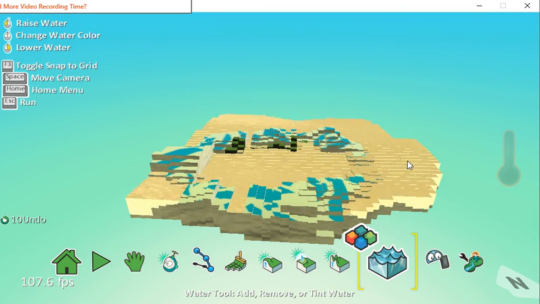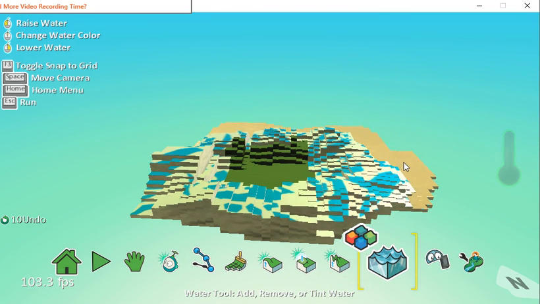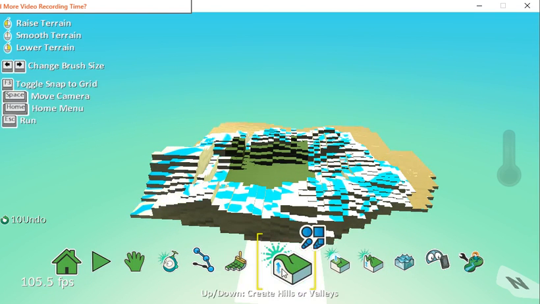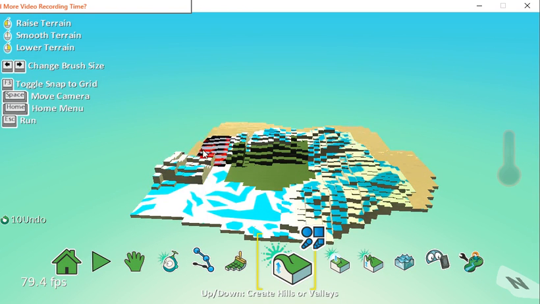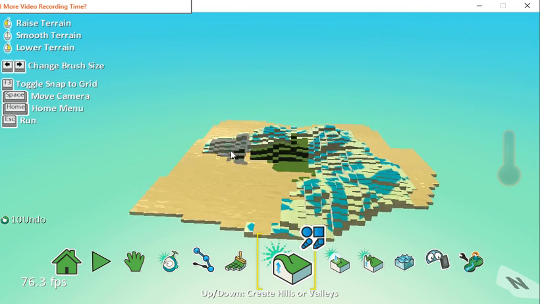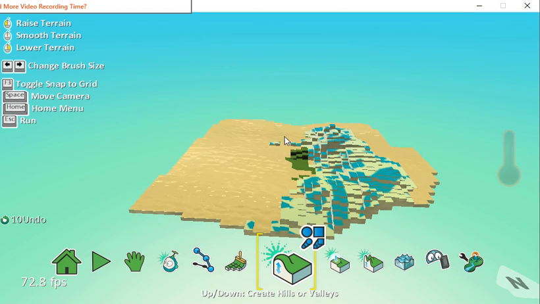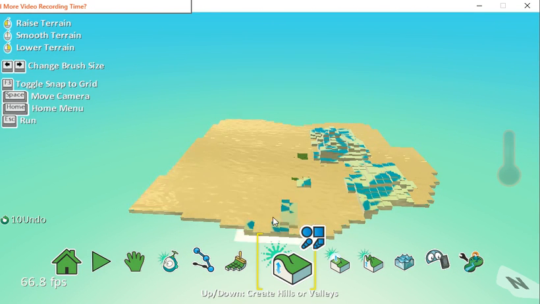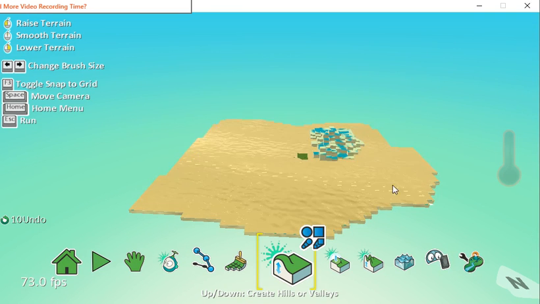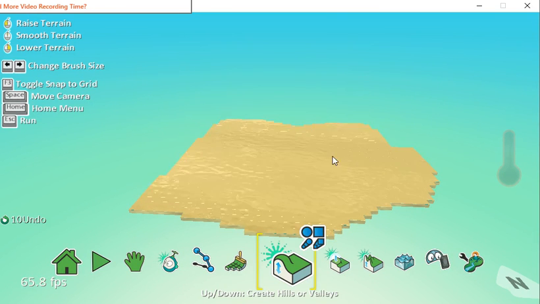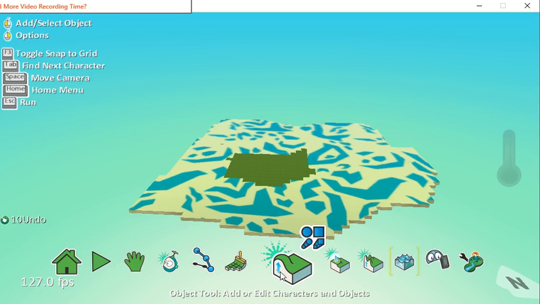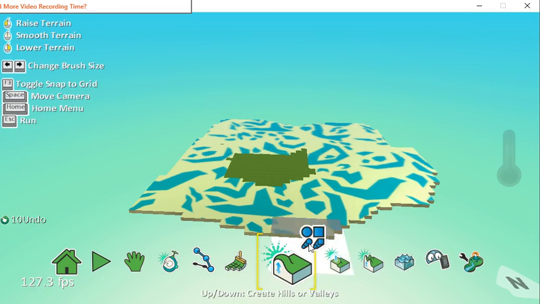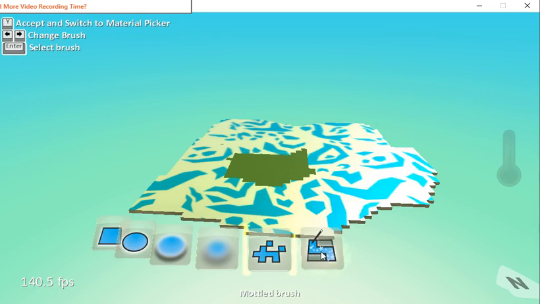One thing that can be quite effective, if I just flatten all of this down, so I'm going to get rid of all of that, and as you can see my water is still there, and then I'm going to get rid of the water itself. One thing that can be quite effective is using the magic brush with this. So I use the magic brush on the hill here,